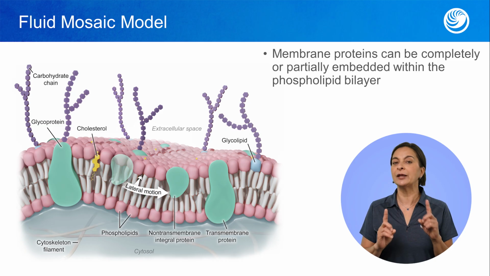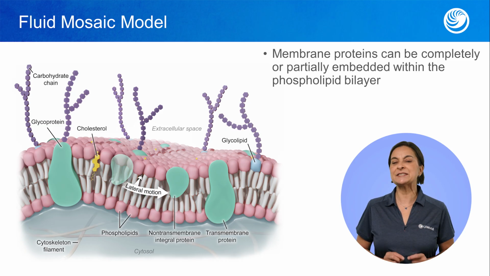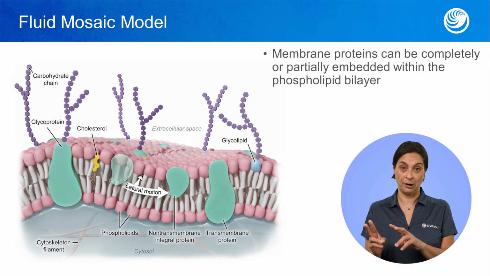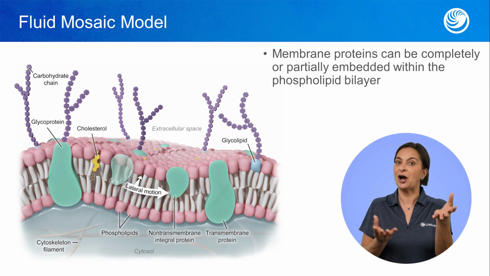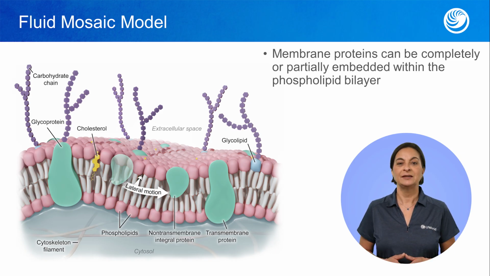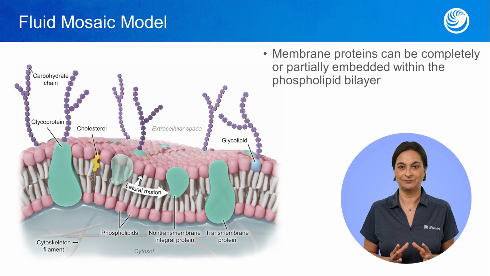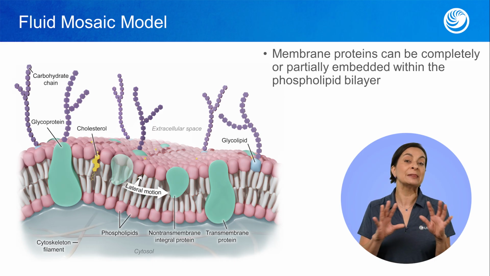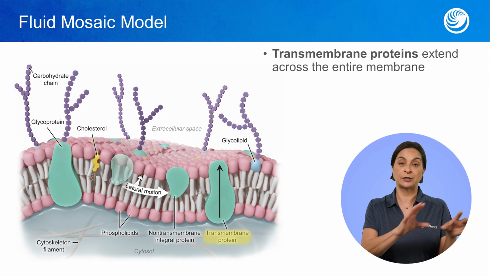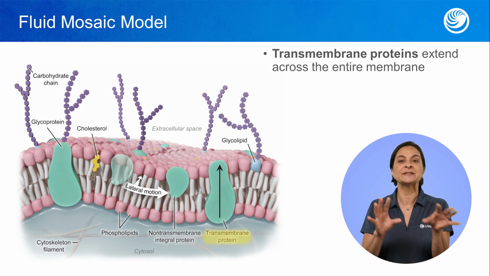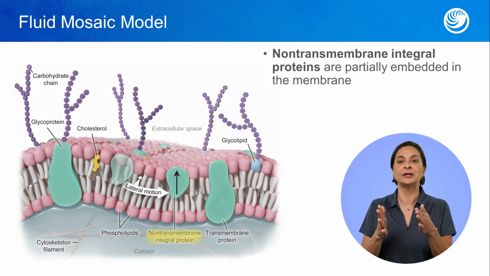Now let's talk about the non-lipid components of the membrane, in other words, the membrane proteins. Scientists named this model the fluid mosaic model because the pattern of proteins embedded within the membrane resembles mosaic artwork, which is made up of many parts. When a protein is embedded within the membrane, it's called an integral membrane protein. Integral membrane proteins can be completely or partially embedded within the phospholipid bilayer. Proteins that cross the entire membrane are called transmembrane proteins, and proteins that are only partially embedded are called non-transmembrane